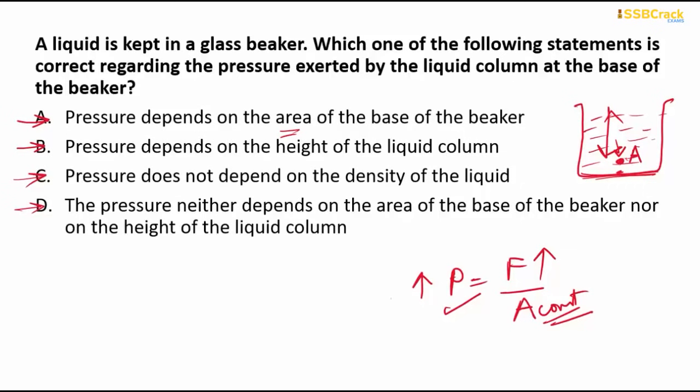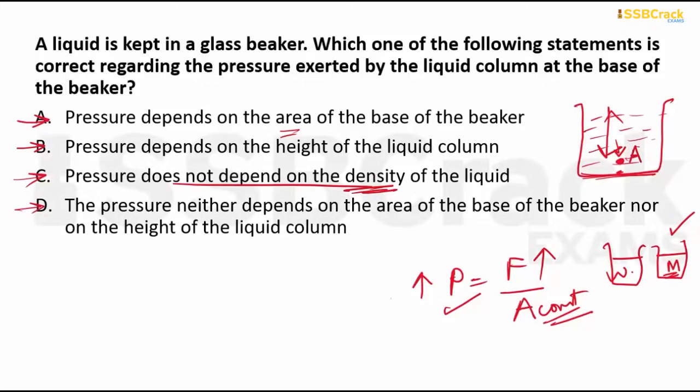And what about density? Pressure does not depend on the density, it says. No, it does depend upon the density of the liquid. The denser the liquid, the more pressure it exerts. The densest liquid is the liquid metal mercury. If you take two same beakers filled to the same height, one with water and the other with mercury, the beaker filled with mercury exerts a lot more weight. The main reason is that its molecular weight is more. Whenever the molecular weight and the interatomic interactions are more, the density of the liquid will obviously rise. So pressure depends on the density of the liquid.